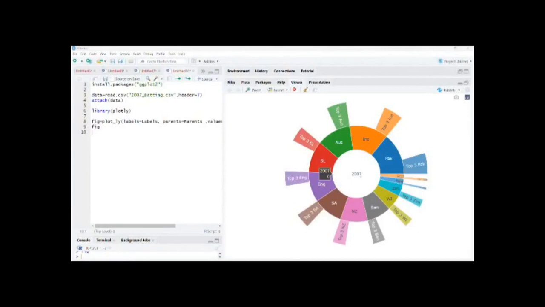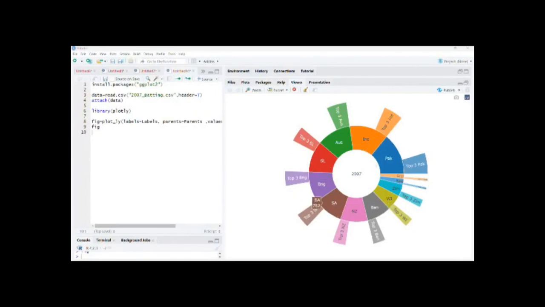and as you can remember, in the Excel file, for the data that we arranged corresponding to 2007, there was no parent value because it should be in the center, and the value corresponding to it is 0. Next, we saw Bangladesh. So Bangladesh is attached to 2007. That is, 2007 is the parent of Bangladesh, and top 3 Bangladesh is above Bangladesh. That is, Bangladesh is the parent of top 3 Bangladesh.